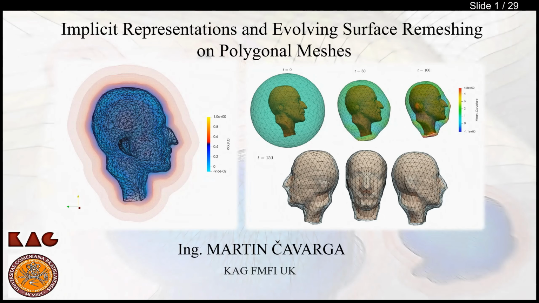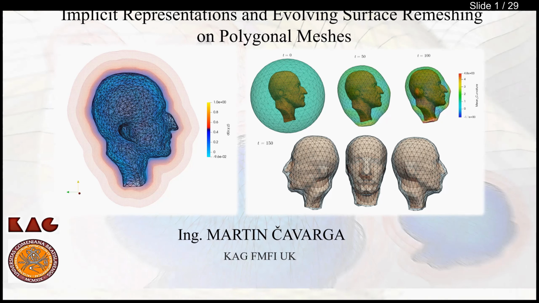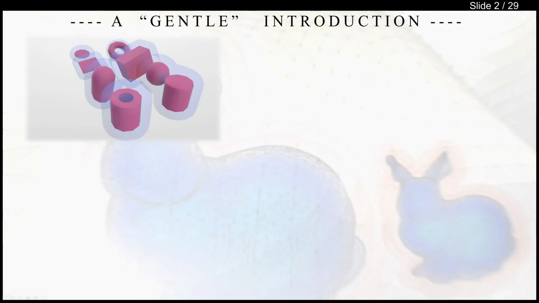So, dear viewers and listeners of this lecture, and of course my colleagues from the department, I would like to present the topic of both my diploma thesis and my upcoming dissertation, called Implicit Representations and Evolving Surface Remeshing on Polygonal Meshes. As for a more gentle introduction to the pretty extensive topic, we first demystify the notions already present